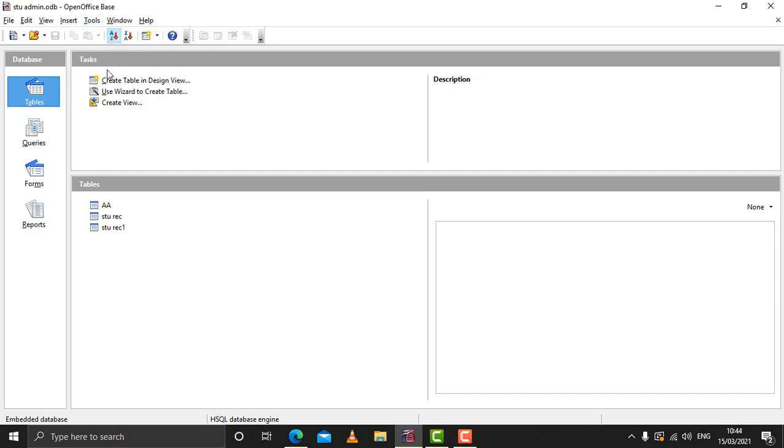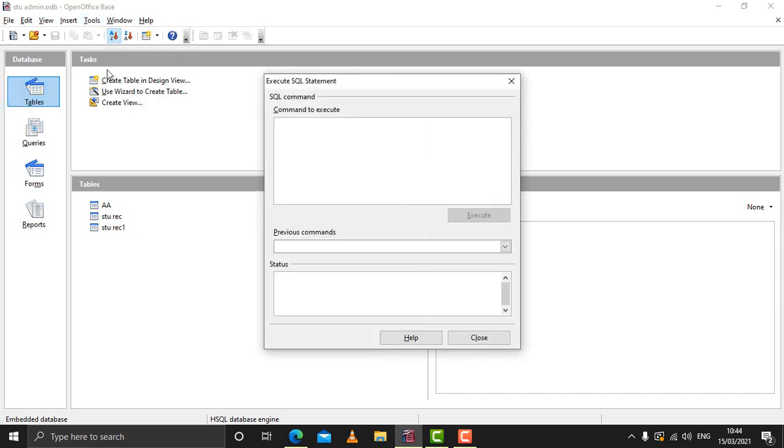A dialog box will appear, and you can see a box here, "Command to execute". Here you have to write the command which will be executed, and the actions will be reflected in the database where you are currently working.